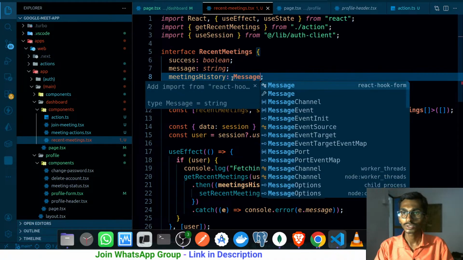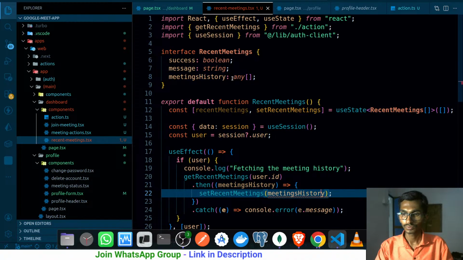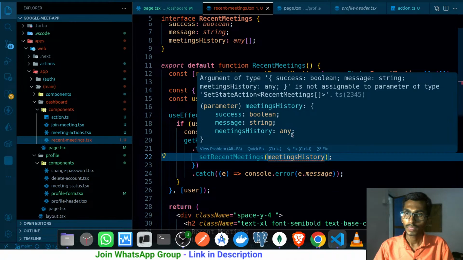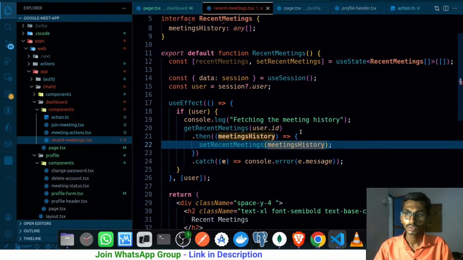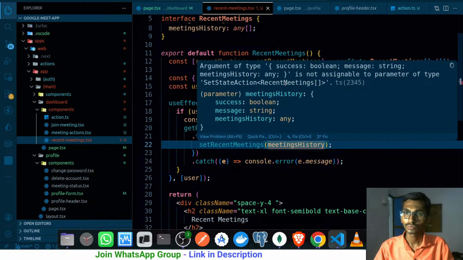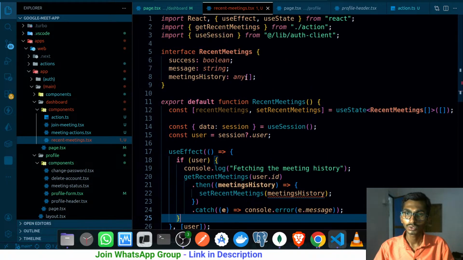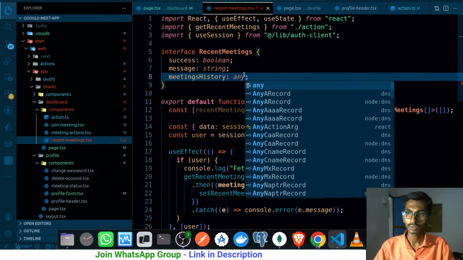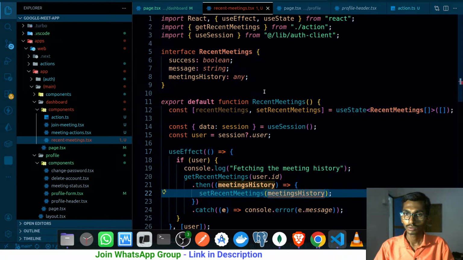Probably is there any message type that I have created? No, I haven't, so let me keep it any, and it is just simply saying that this parameter any is not assignable to this recent meeting history. So in that case, instead of making it array, let's simply keep it any. Now